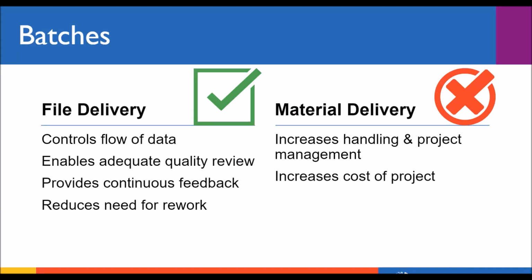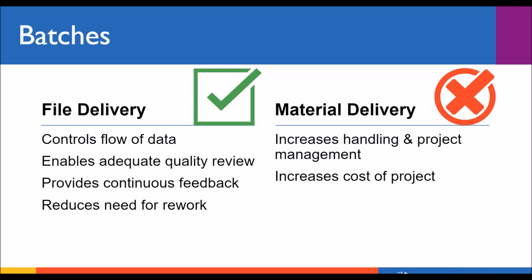Now, if you have a particularly large project, or if the project will take place over a several month or several year period, consider developing a batch-based schedule of file delivery. So vendors usually provide, on average, a 30-day review period for files, and that's whether you're receiving 5 files or 5,000 files. So by receiving regular batches of files, you can manage your own resources to be able to review files thoroughly while also providing regular feedback to the vendor. Now, you would not want to receive 5,000 files at the end of a year-long project and realize that the specifications were all wrong.